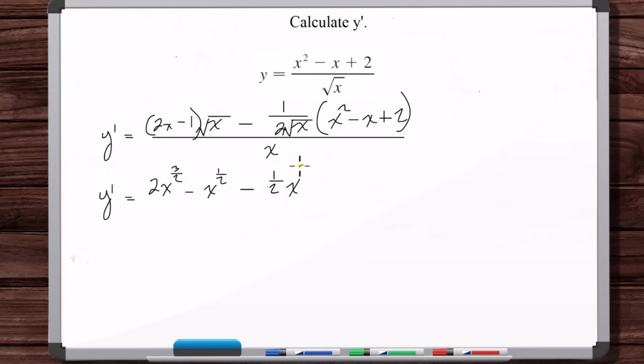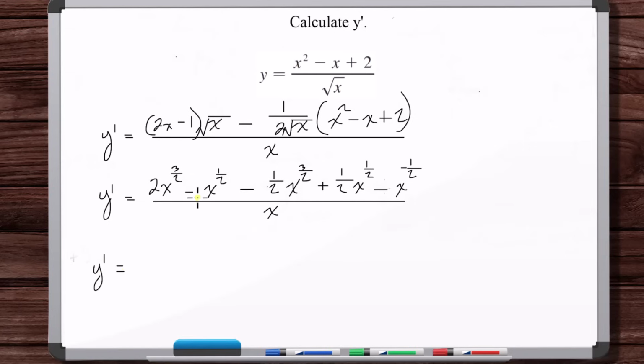That's x to the 3/2, minus, or no, this would be plus x to the first divided by x to the 1/2. That's x to the 1/2. Okay, now plus x to the minus 1/2. Or no, this would be negative. Okay, so